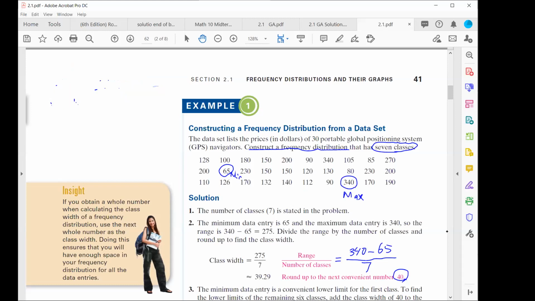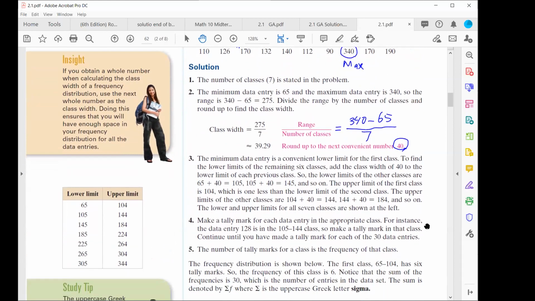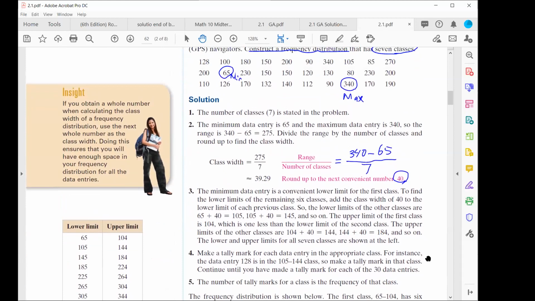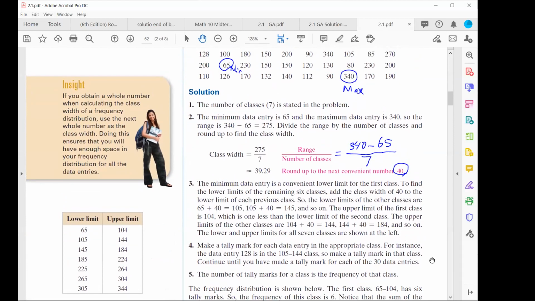Okay, so here we have 7 classes. Let us start by forming our table. Minimum value, 65. Maximum value, 340. Okay, excellent. How many classes do we have? 7 classes. What is class width? It is 40. So you start by writing the smallest value, 65, and you add 40 to